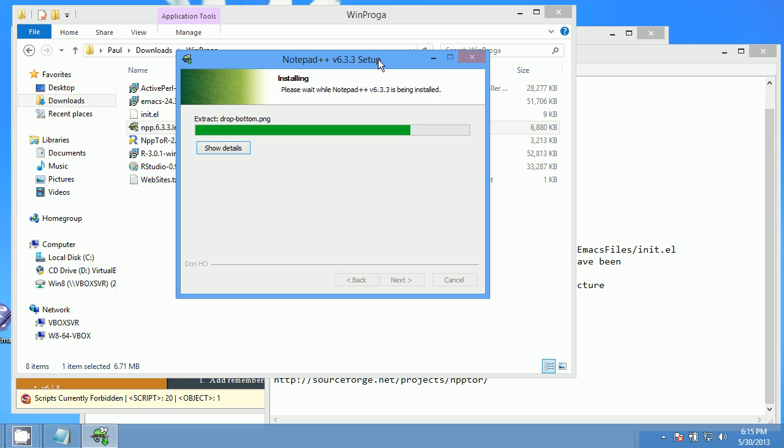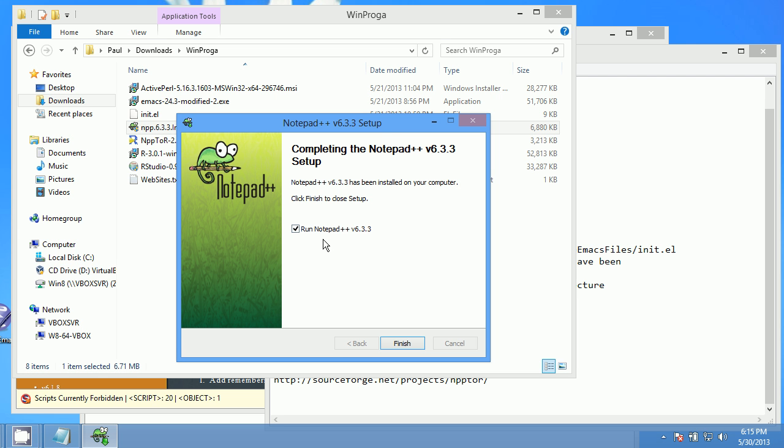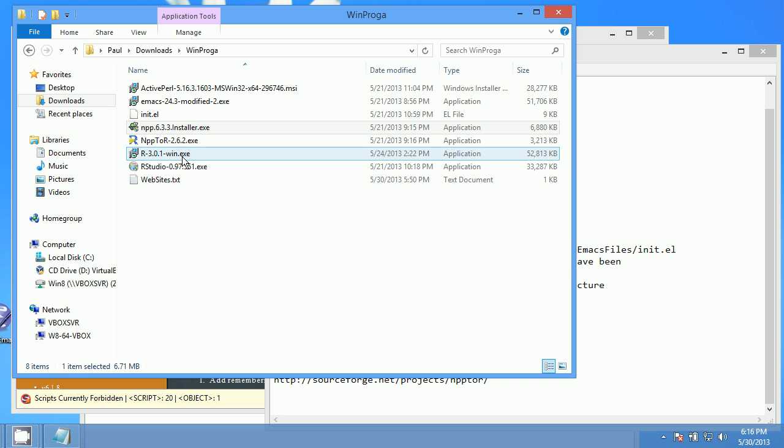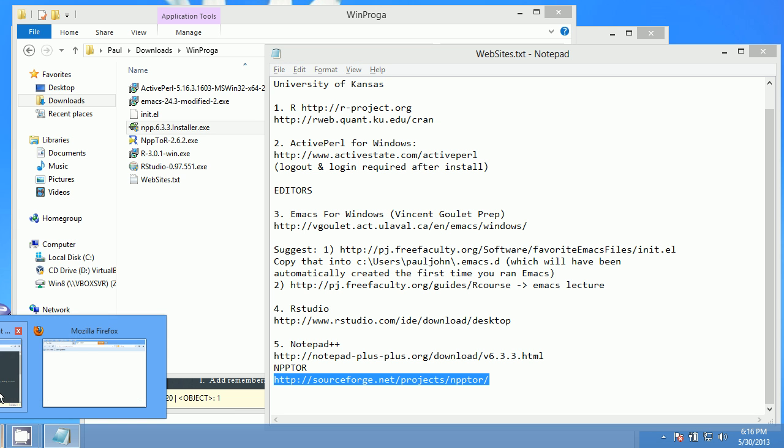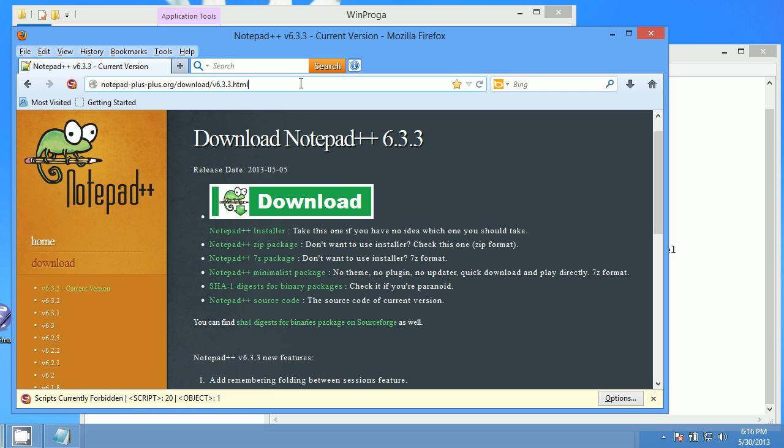Now, while this is going on, I suppose I should have mentioned when I install things, I use the right-click Run as Administrator. That's because it's the only way to make sure that your system knows that you don't intend to install this only within your user account. Now, I don't want to run that yet. The next thing I need to do is install NPP2R. So when you go to the NPP2R website,